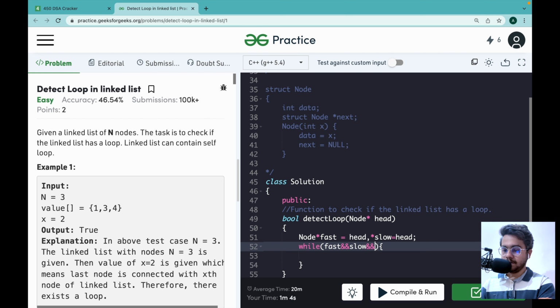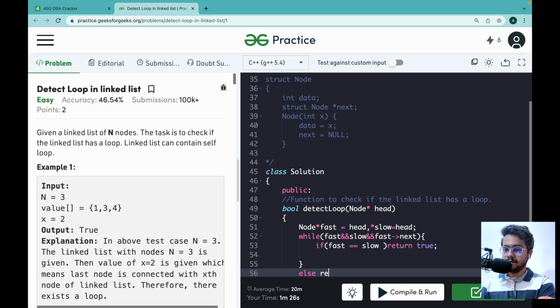Also, while fast next is true, because we are going to jump by 2, speed of 2. If fast is equal to slow, then we have to return true.